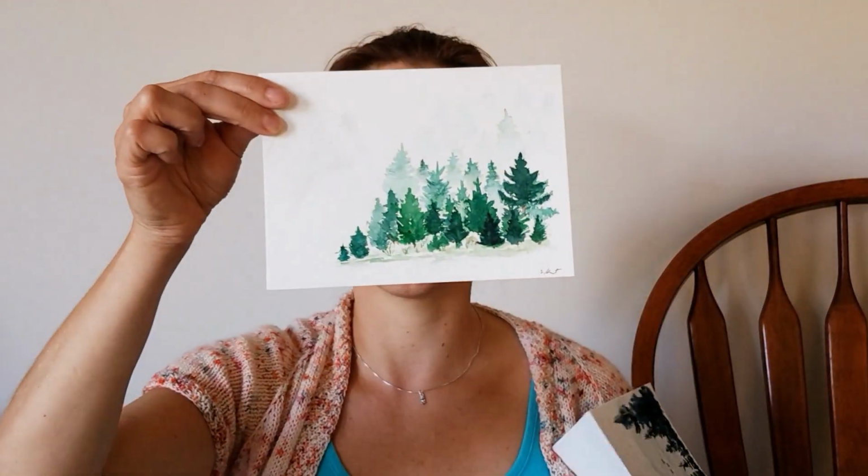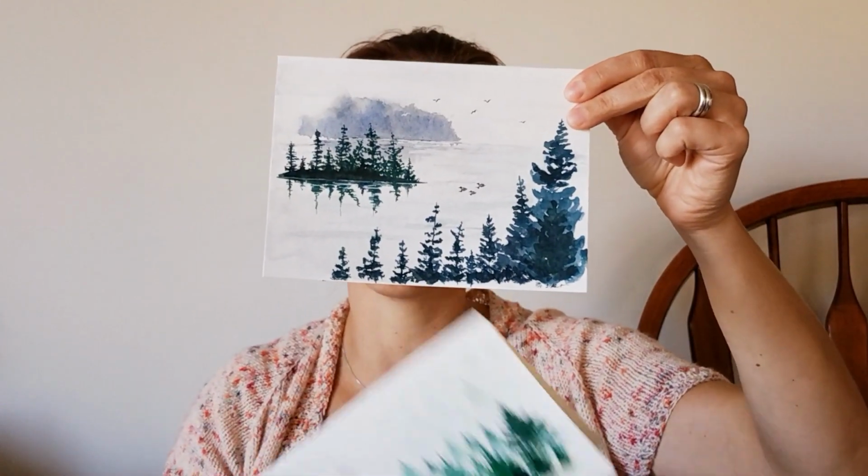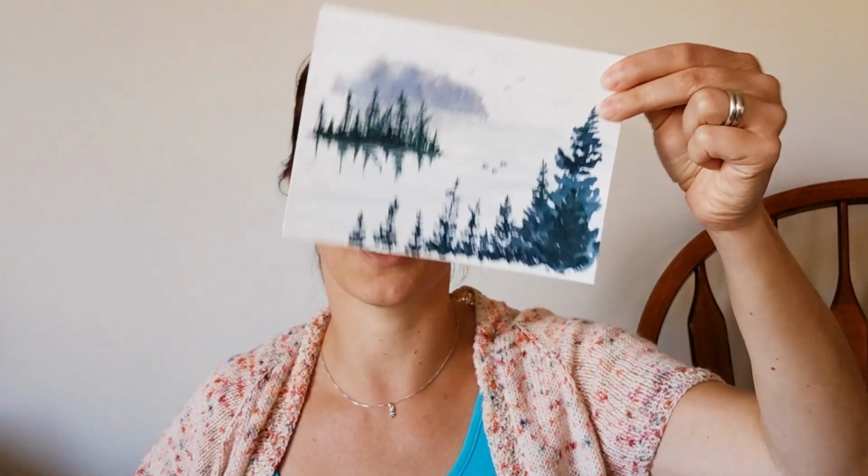I did some lake scenes with pine trees, and here there's some loons on it, which I just really love pine trees. I really do. And what I'm using for this is obviously a paintbrush, and then I